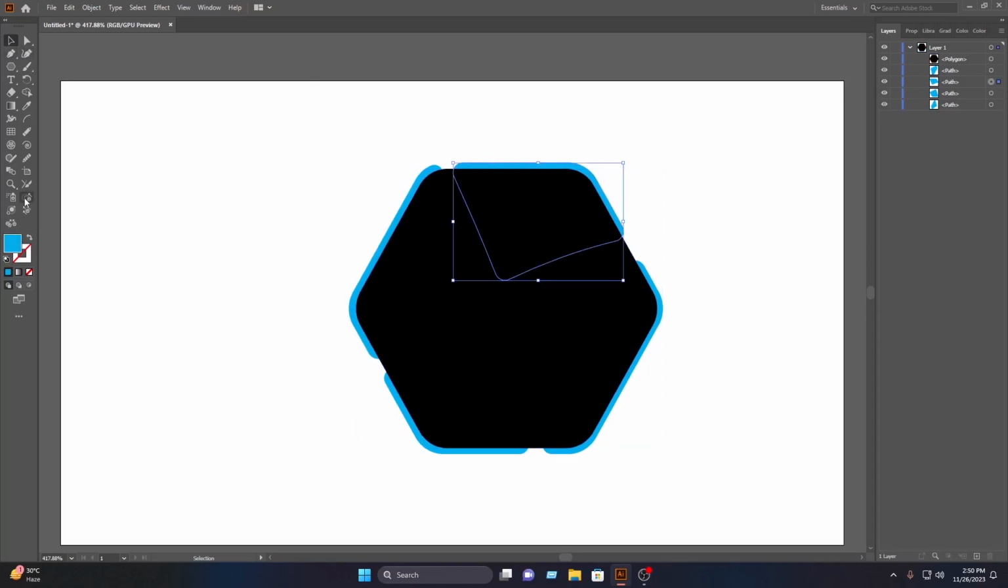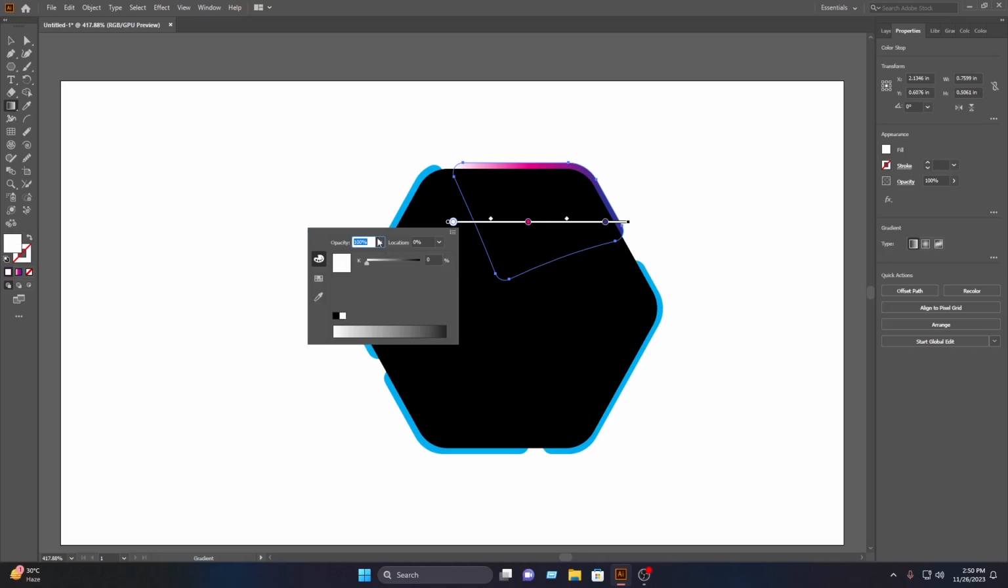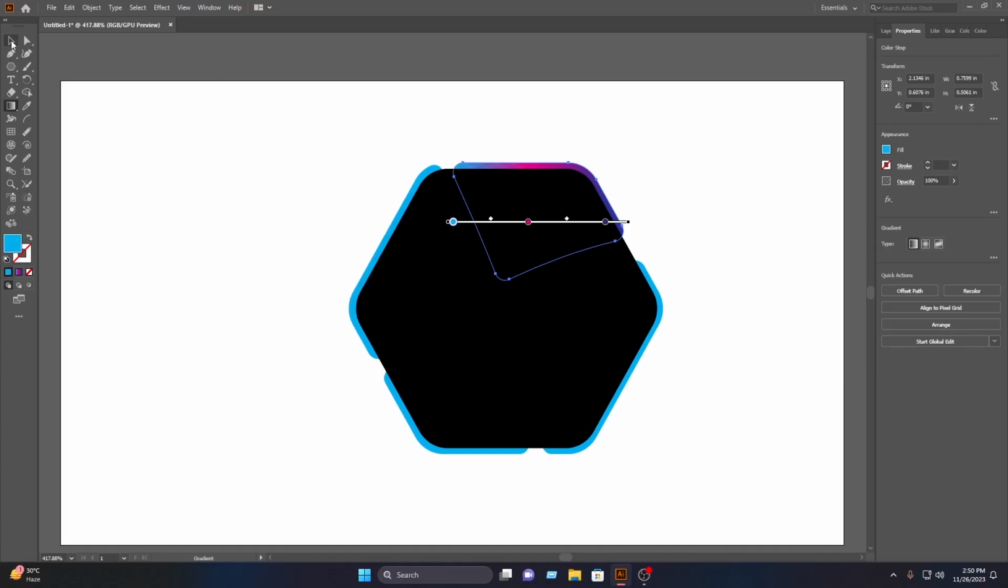Then you have to select this, then select the gradient tool, then click on here, then you have to select this, then click on the properties, then you have to click on the fill, then select this color from here, then you have to click on here, then click on the fill, then select the pink color, then select this, then go to the color panel, then you have to select this color from here, then select the move tool,